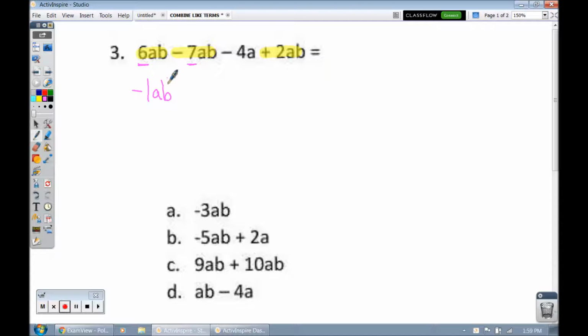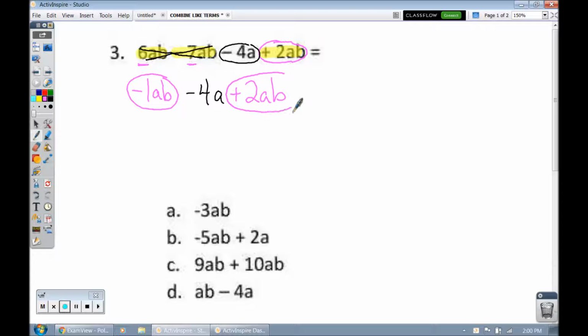But I need to take this, negative 1AB, and we need to add it to 2AB. Or what you could do is you could just simply write down what you have left. I've already evaluated this part. I could bring down negative 4A and then bring down the plus 2AB. But now, see how I am going to combine those up. So negative 1AB plus 2AB, or negative 1 plus 2, that's going to be